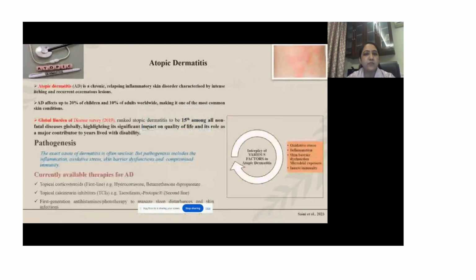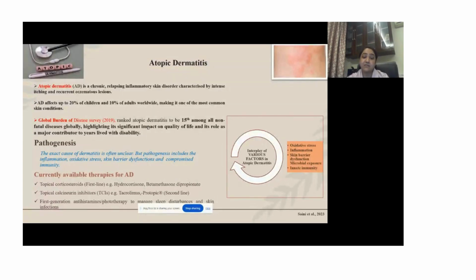So, firstly, what is atopic dermatitis? It's a chronic, relapsing inflammatory skin disease, and it has lesions of eczema. AD affects up to 20% of children and 10% of adults worldwide till date, making it the most common skin condition. According to the Global Burden of Disease survey 2019, atopic dermatitis ranked 15th among all the non-fatal diseases, highlighting its significant impact on quality of life and